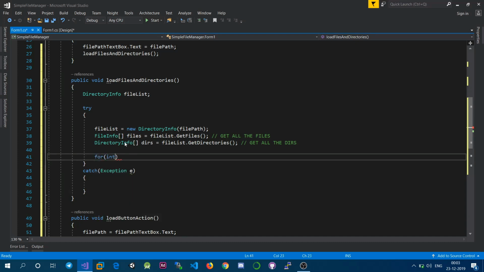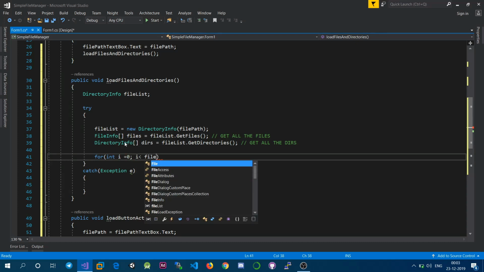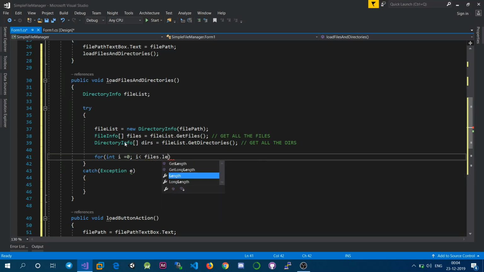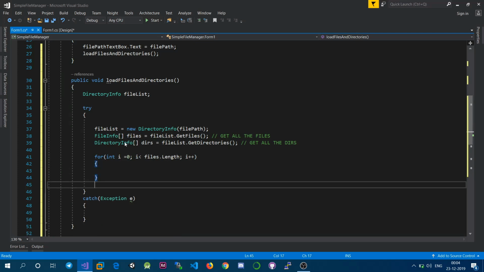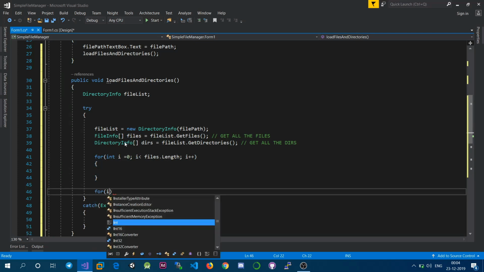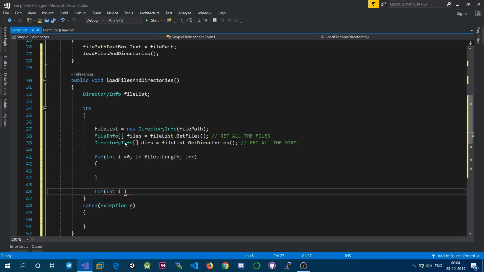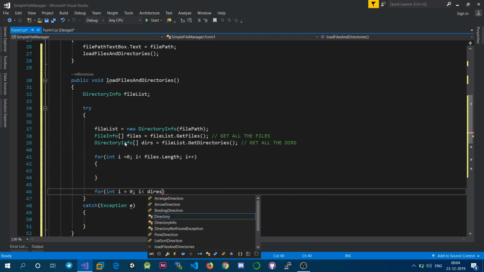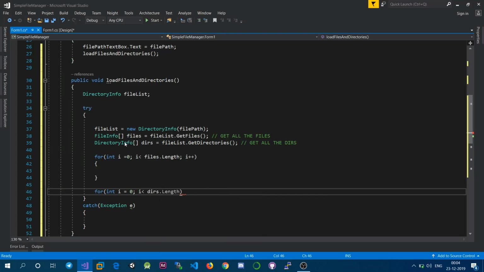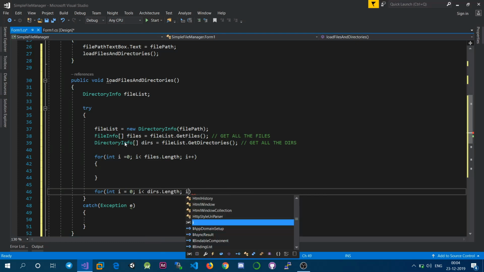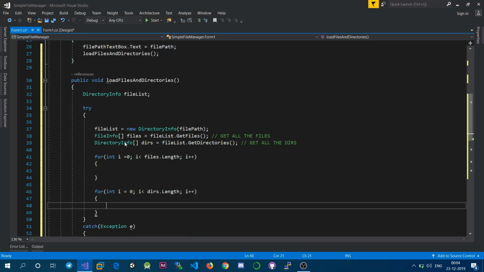Okay, int i equals 0, a simple for loop, i less than files dot length, i plus plus, and we'll be using another for loop, int i equals 0, i less than dirs dot length, i plus plus. Okay,